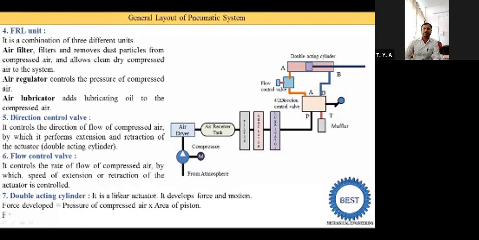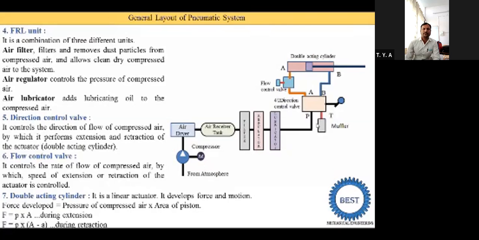area is reduced. So here I have written the two equations. F is equal to pressure into area during the extension, where area is equal to pi by 4 into d square. And the next equation is F is equal to P into (A minus a). The area of the piston is capital A, and the area of the rod is small a. So we need the minus because the area is reduced. So these are the equations for retraction.